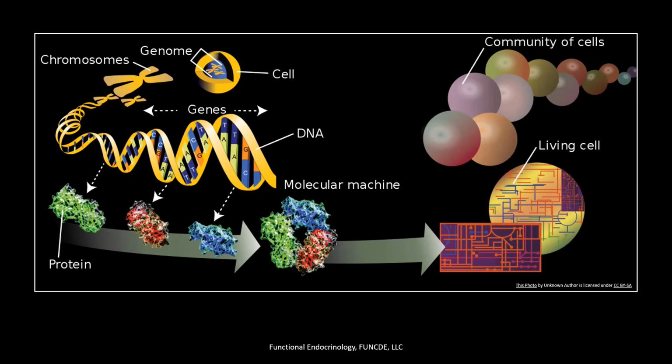At the furthest left top, it's your cell with a nucleus inside, and the chromosomes look like the letter X. If we start unwinding it, as we go closer to the middle, you can see that the DNA consists of different letters: T, G, A, C, and some of them are complementary to each other, like T and A, and C and G. Each three of those letters next to each other